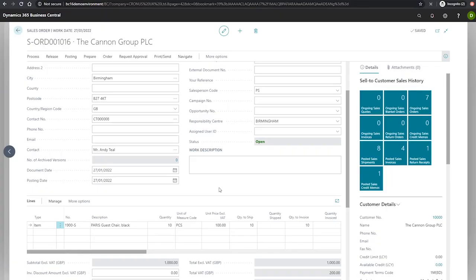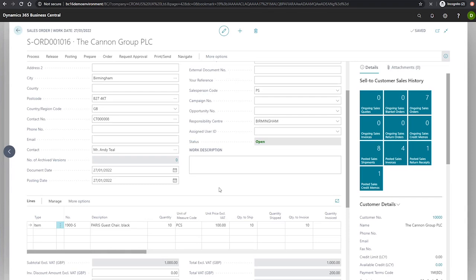When using special prices in sales orders, we've seen how they can be populated when assigned to a customer. However, there is a question of what happens when there are more than one sales price available. Business Central works on a best price principle, meaning that it will always choose the lowest available price, provided that